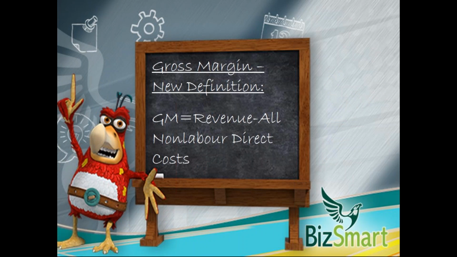so bear with it, it's not that complicated. So what we want to do with the gross margin is we want to redefine it as being the revenue as before, but subtracting all of the non-labour direct costs. So instead of mixing the labour in here, let's not include those in this, so let's just take out effectively the cost of materials. Okay, so